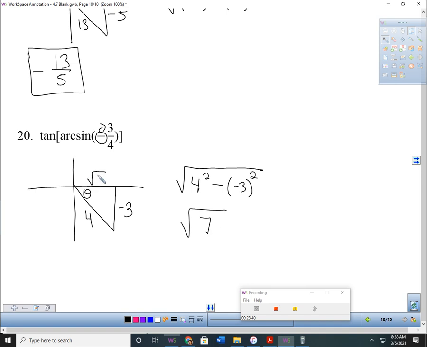So square root of 7. And I know that then if I take the tangent of that, opposite over adjacent, but we don't leave roots in the bottom, so I'll either plug that in or I'll just do it by hand and rationalize. So that gives me -3 square roots of 7 over